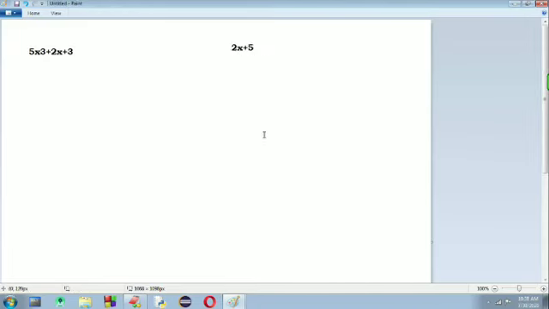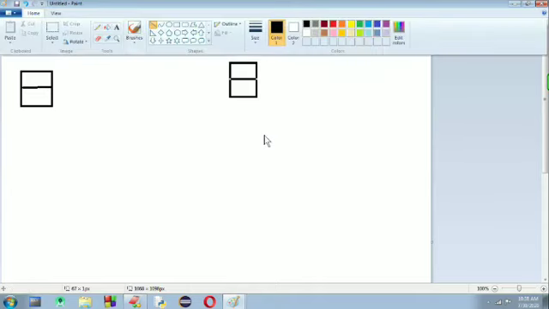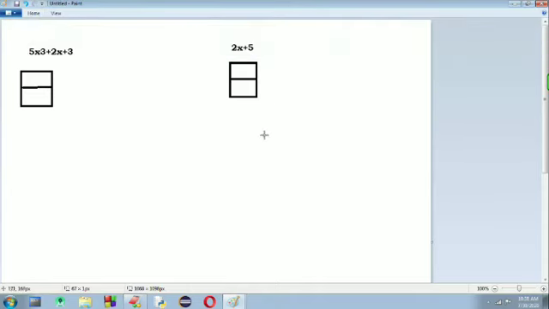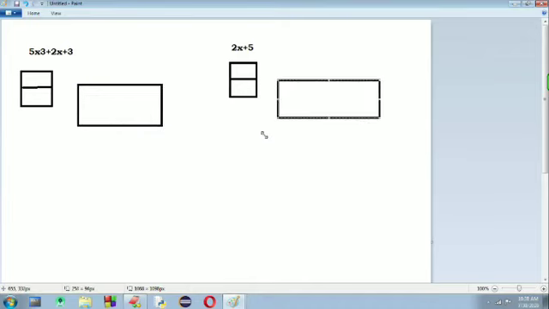Now the first polynomial has number of terms 3 and the second polynomial has number of terms 2. So for the first polynomial, I'm representing an array which contains 3 terms, representing coefficient and exponent.